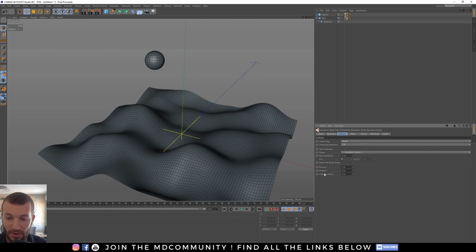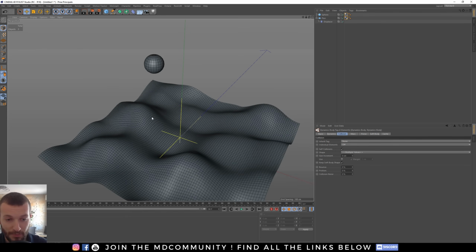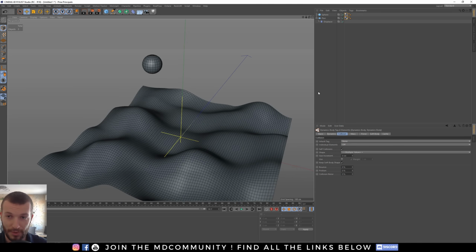The collision noise is a random value to always have a different simulation. I really hate that, so always put it to 0 for me. The friction will allow your ball to roll on the plane longer.